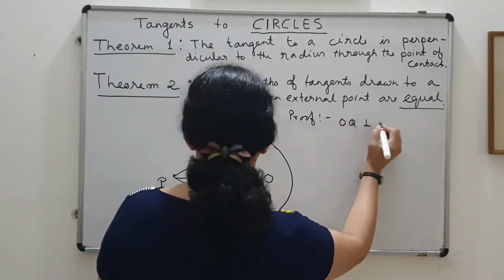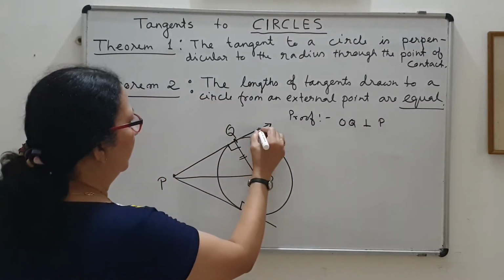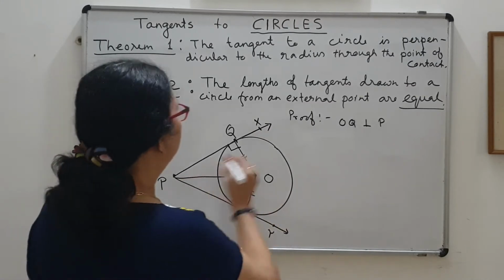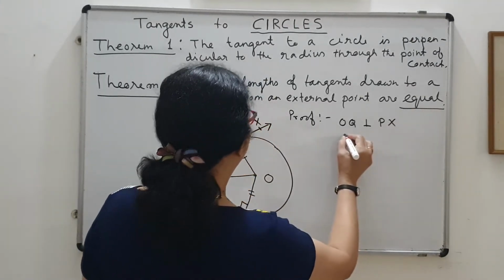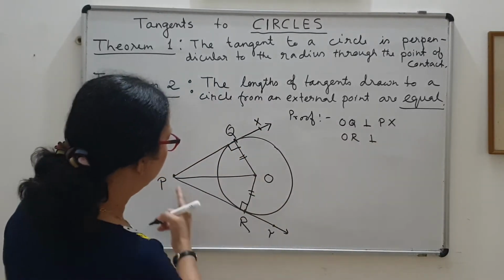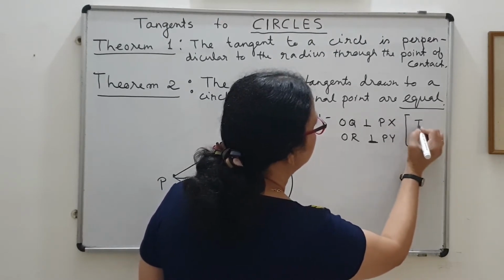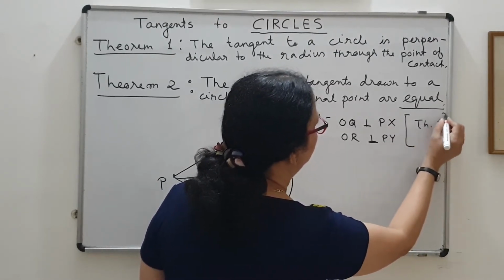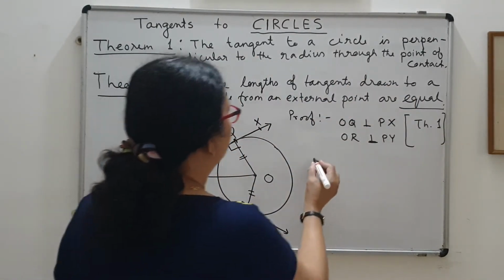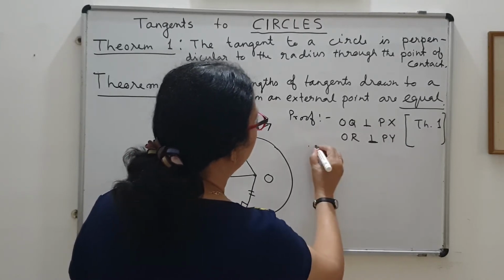OQ is perpendicular to PX, and OR is perpendicular to PY, by the first theorem. We will write this whole theorem in the bracket. Therefore, and then after that what do we do? After that we join